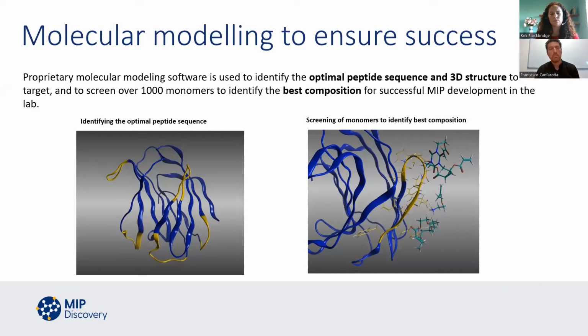As previously mentioned, we make use of a molecular modeling system to predict the best binders, the best monomers to use in manufacturing nanoMIPs. How this process works: we take our template molecule, we dock it into this software, so we load it essentially into the software, and then the molecule is screened against our proprietary database of about 1,000 monomers. The software then looks at the minimum energies between the monomers and the template. And at the end, we obtain a table, a ranking of monomers, which is then used as a starting point